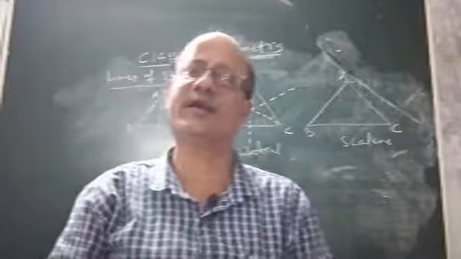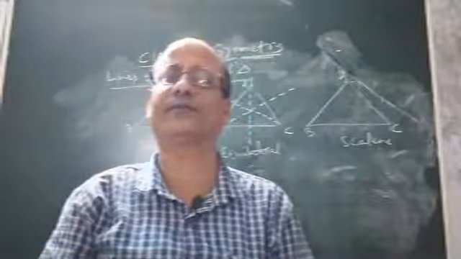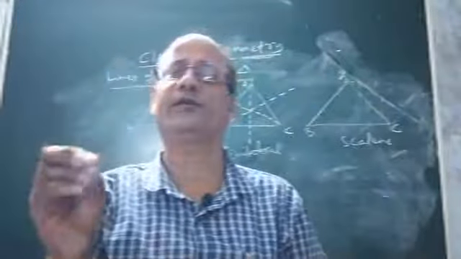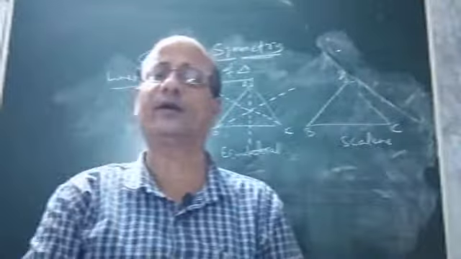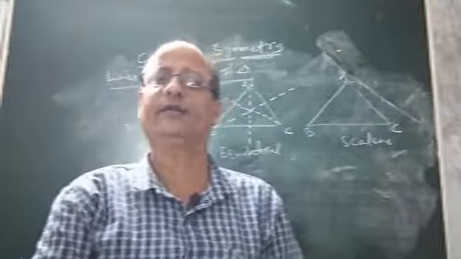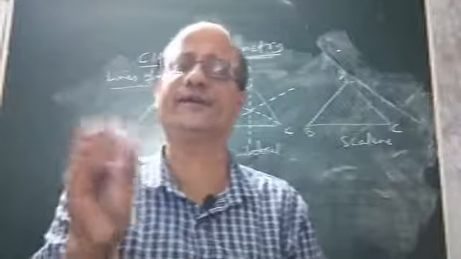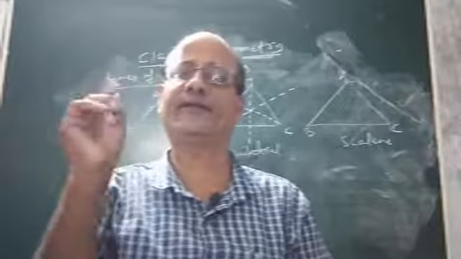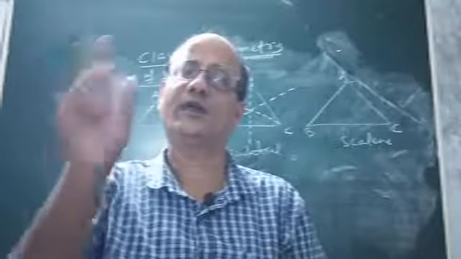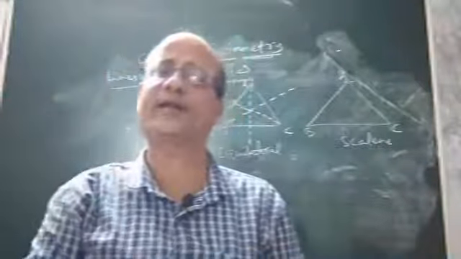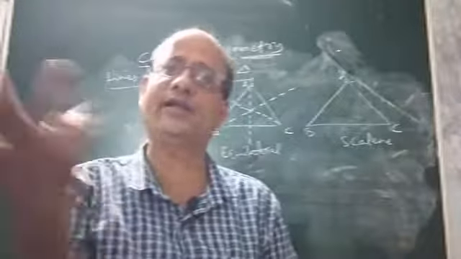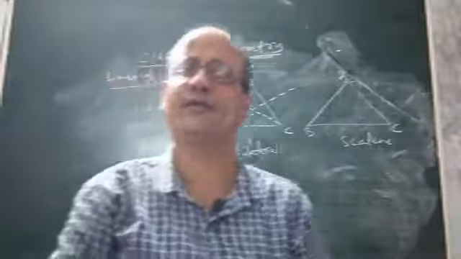Children, in the last class I was discussing the concept of symmetry, particularly line symmetry. Symmetry, symmetrical figure, what is line symmetry, under what condition a figure is said to be symmetric or symmetrical. Then how to find line symmetry of different figures, different English alphabets like capital A, capital H, O, etc. As I said, O will have infinite lines of symmetry because we can fold the letter O about any line, about any diameter. So it will have infinite lines of symmetry.